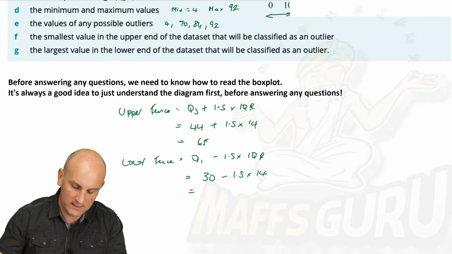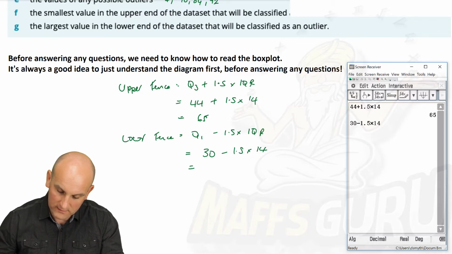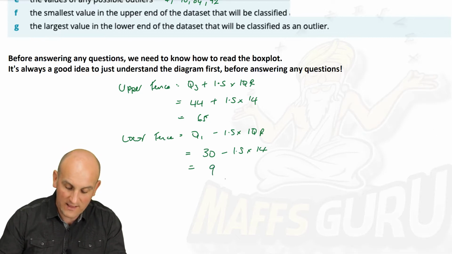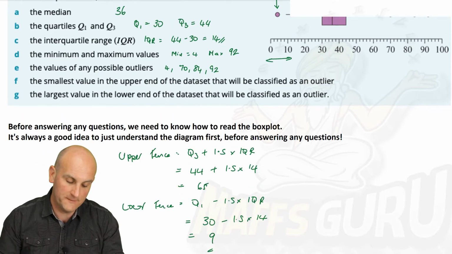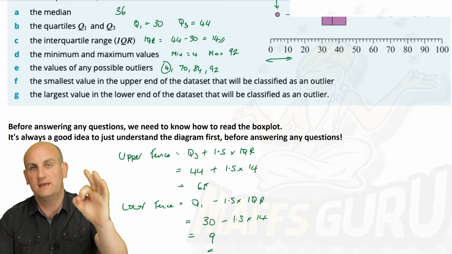So let's do that on my calculator again. So 30 minus 1.5 times 14 gives me, oh no, not plus, gives me the value of 9. So any value smaller than 9 will be an outlier. And that makes sense because we had a value of 4 here that was put by my calculator on my